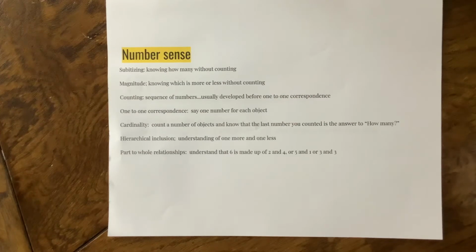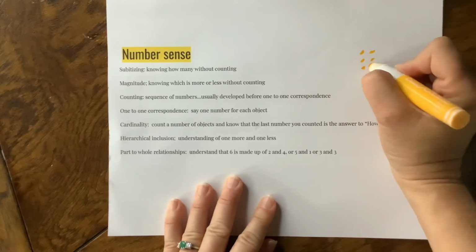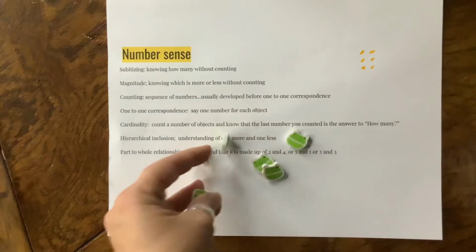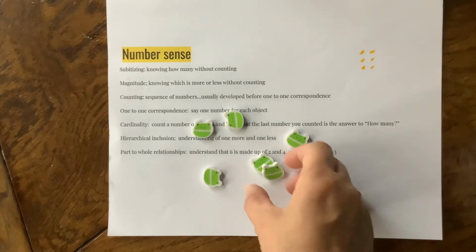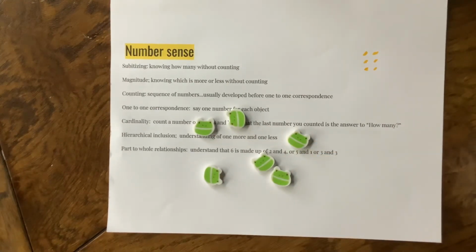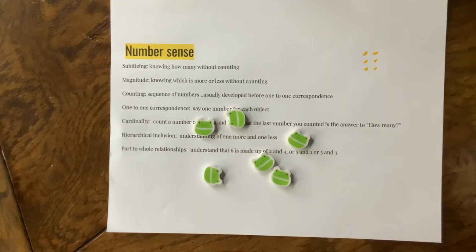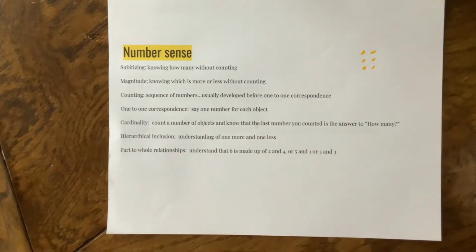You could see dice, and you know that when you see that 6 pattern, we know that that's 6 without even looking. But if I were to throw these counters out, you might not see 6 right away because it's in a random pattern. Or you might do something like this. Oh, I see 3 here and I see 3 here, and that makes 6. So subitizing is when you see groups of things and you are able to know how much it is without